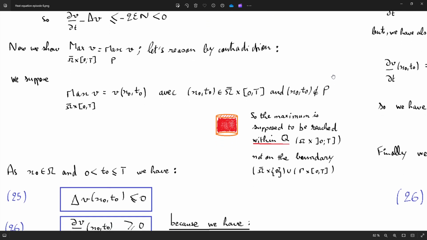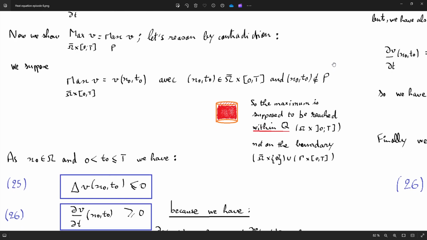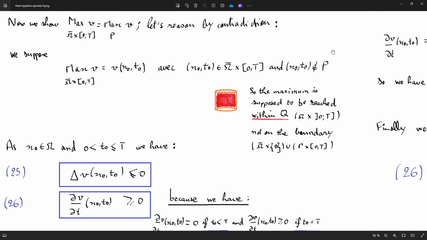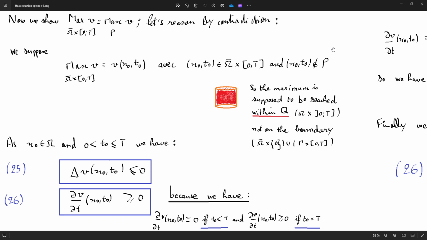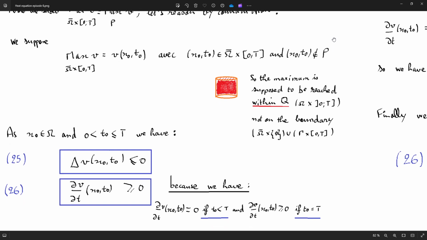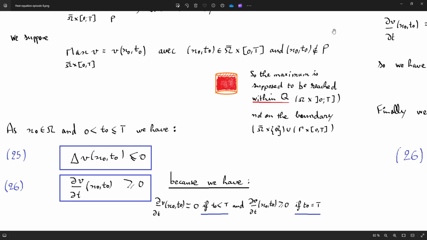We suppose that the maximum of v on omega bar times 0, T equals v(x0, t0) with (x0, t0) in omega bar times 0, T and (x0, t0) not belonging in P. So the maximum is supposed to be reached within the cylinder, on omega times 0, T with 0 excluded, not on the boundary omega bar times 0 union gamma times 0, T. As x0 belongs in omega and t0 is strictly greater than 0 and smaller or equal to T,